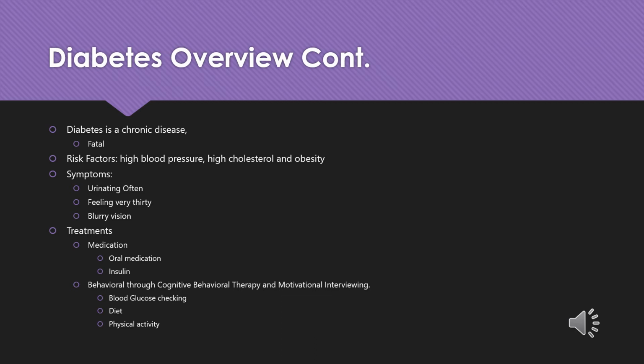The glucose meter is just continuing to monitor one's blood glucose level, and if it's low, it will administer the insulin. You may need to check this device because it is technology and it does have glitches. There's also the system where you can poke your finger and give yourself a shot. Behavioral changes can be made through cognitive behavioral therapy and motivational interviewing in areas such as diet, physical activity, and blood glucose check.